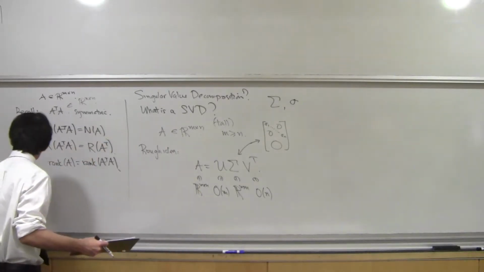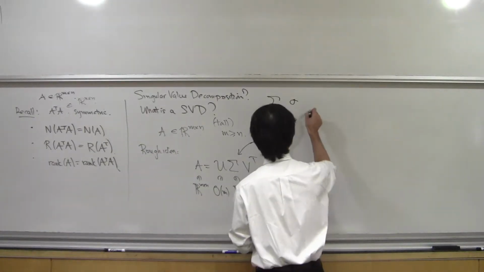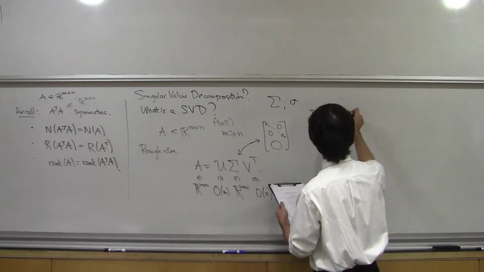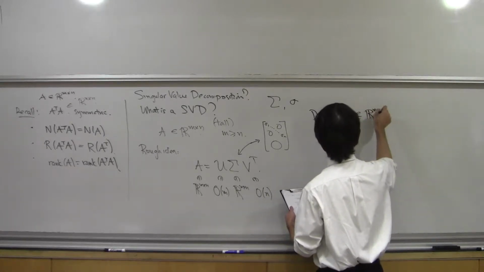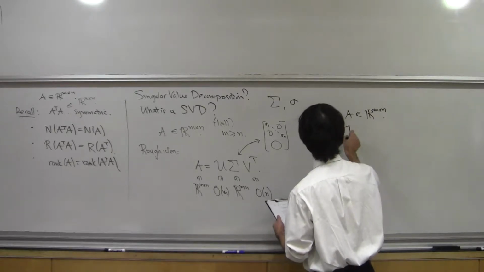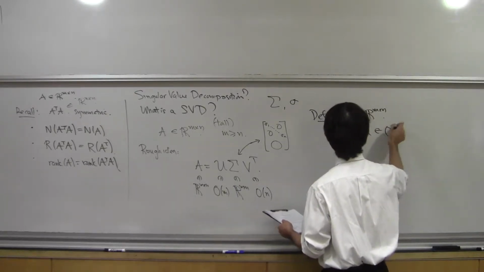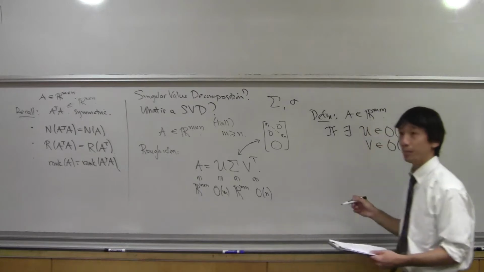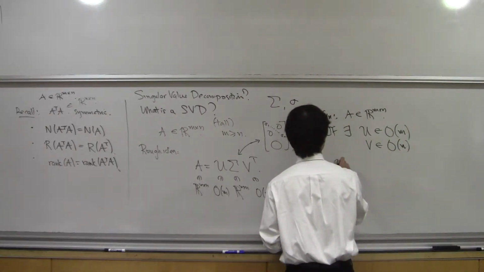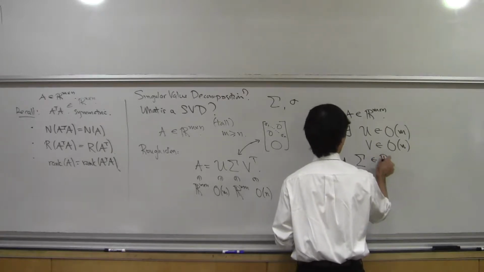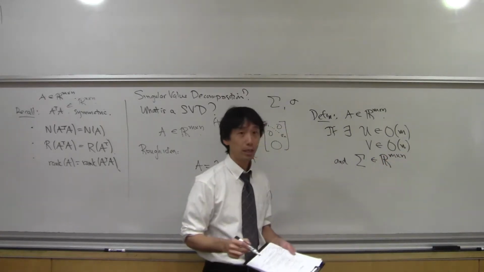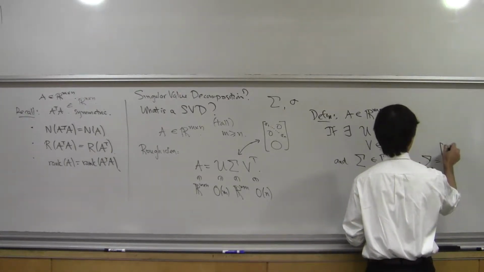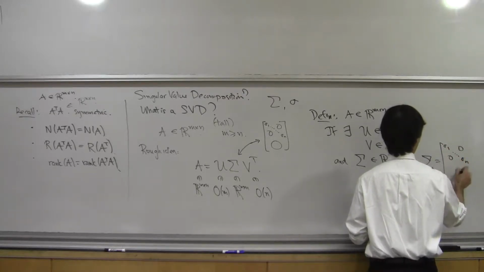I probably should have just used that as the actual definition, but let me write up the actual definition. It'll be almost exactly the same thing. You're given an m by n matrix, and if there exists an orthogonal m by m matrix, an orthogonal n by n matrix, and a matrix sigma that's exactly the same size as A, where sigma looks like this, diagonal above and 0 below,